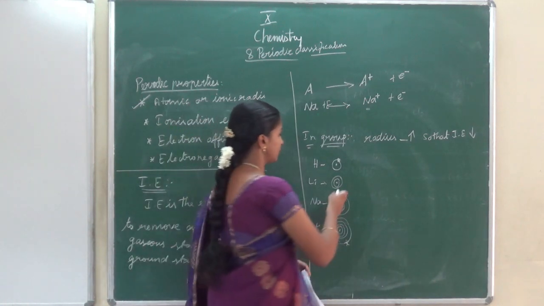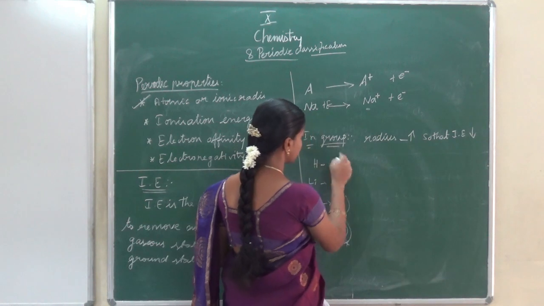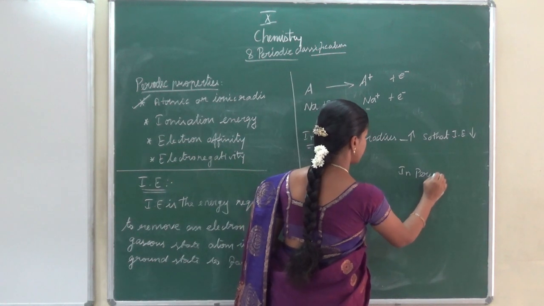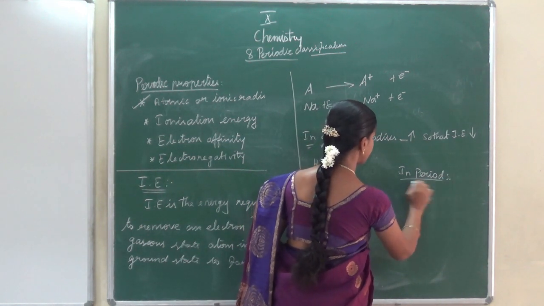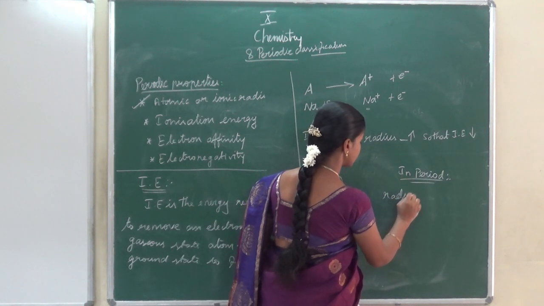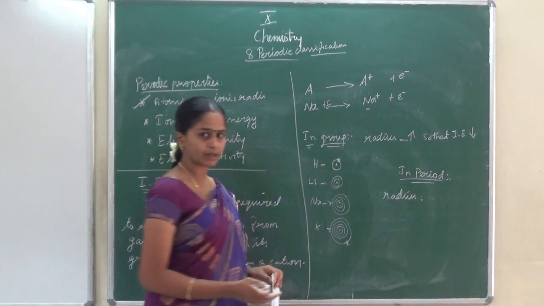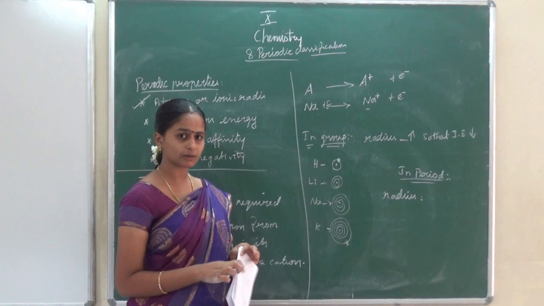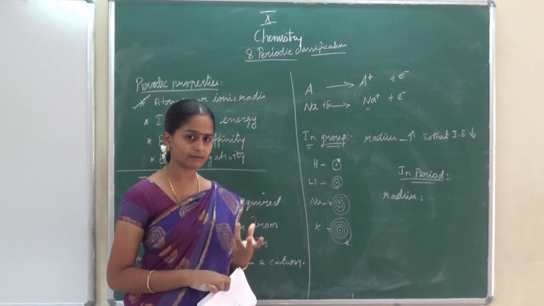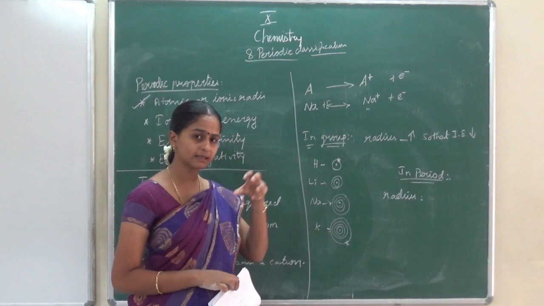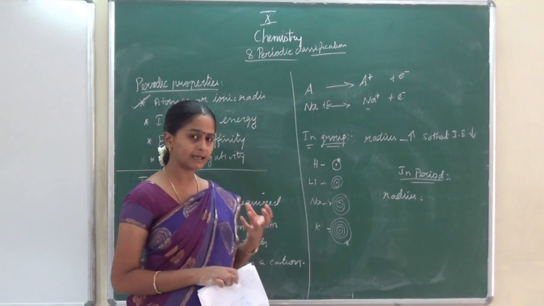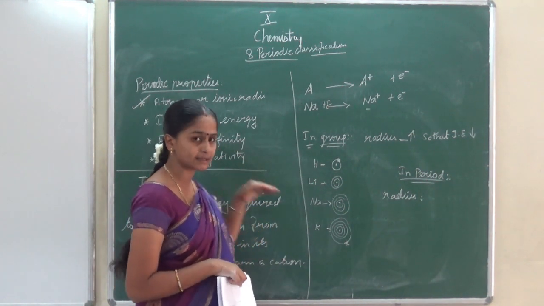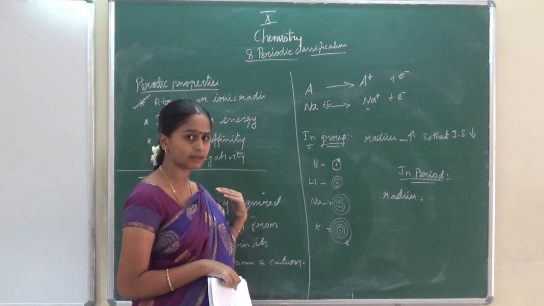Okay, this is the group. The next one, period. In a period, tell me, what about the radius? In a period, atomic radius decreases. Do you remember? Because the electrons are entering the same shell, the effective nuclear charge will be maximum. The number of protons inside the nucleus is maximum, but the electrons are entering the same shell only, so the nucleus can easily pull them towards itself. So the size is decreasing, like we discussed in detail in the last class.